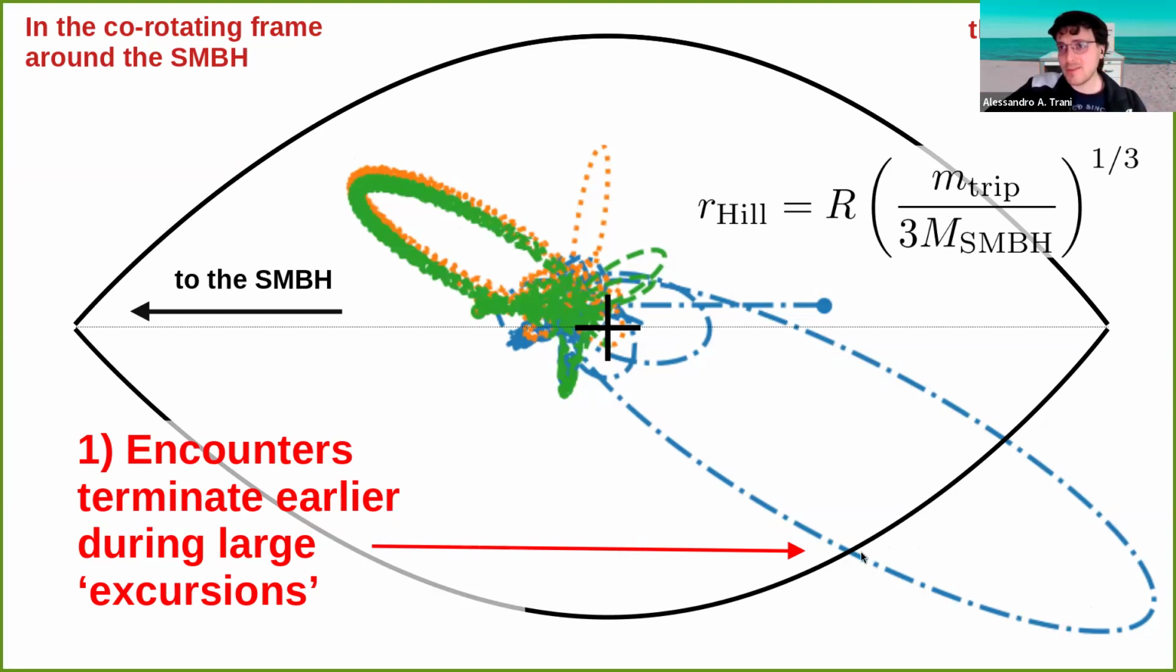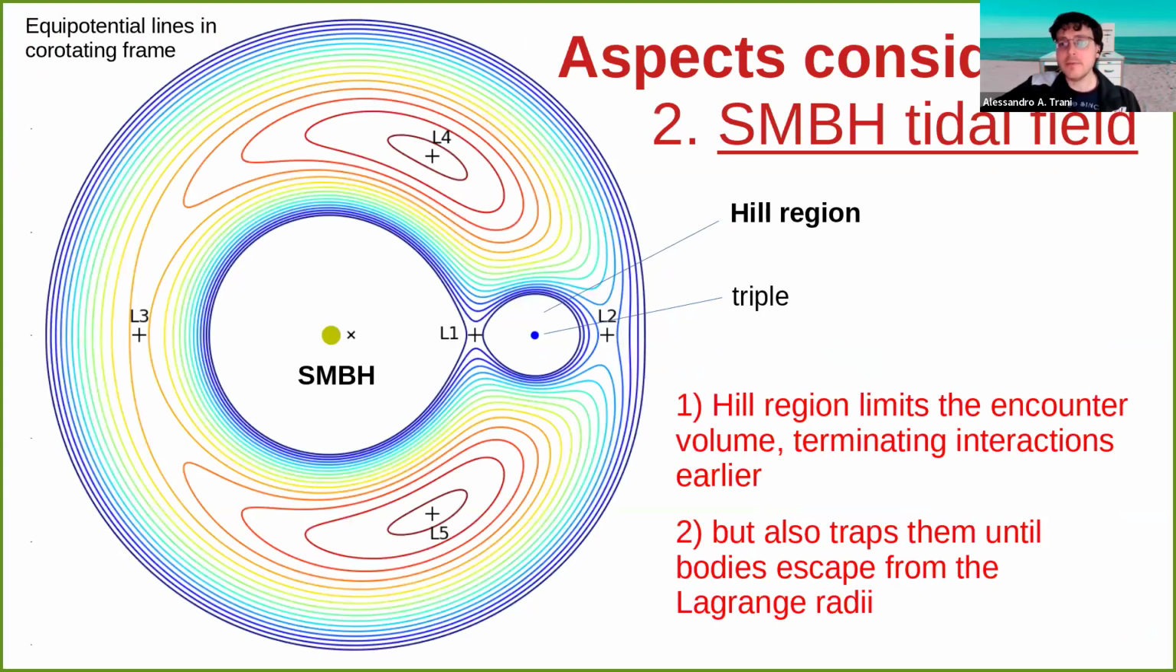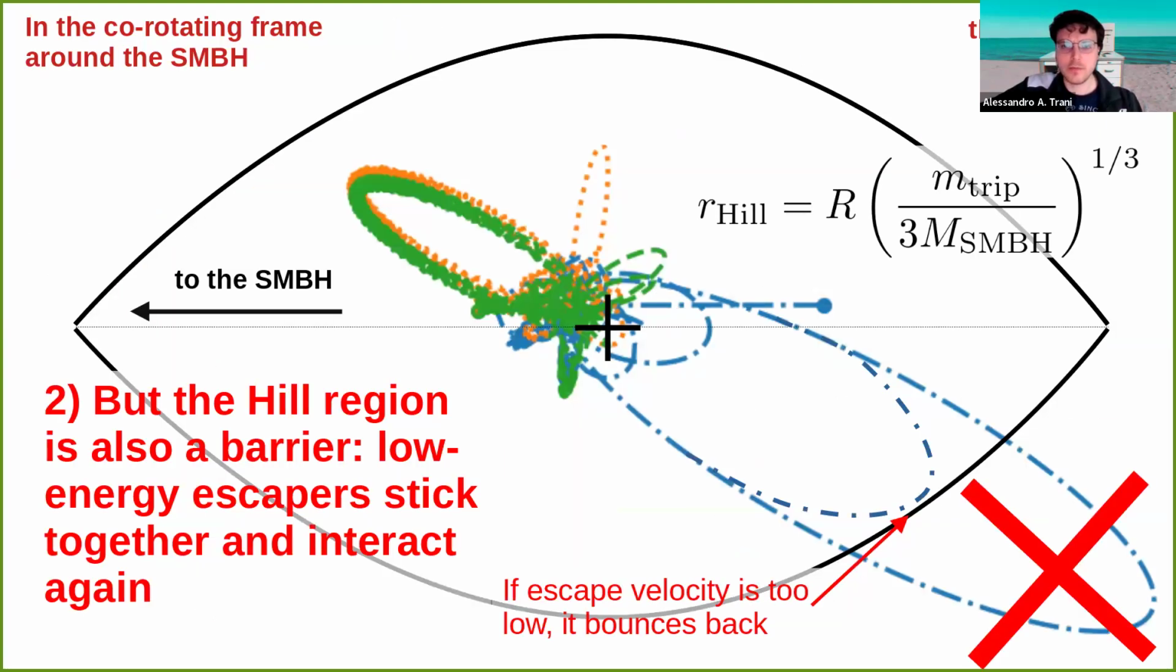My initial idea was that this tidal field limits the duration of these three-body encounters, and so it should produce less chance for collisions or gravitational wave mergers to happen. But on the other hand, what I found out later is that the Hill region also traps the bodies within itself. To show it a bit better, I made